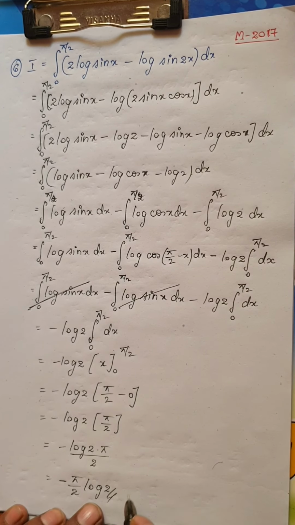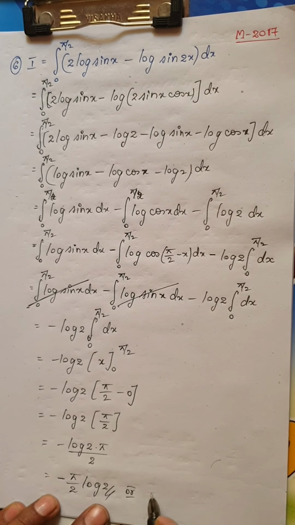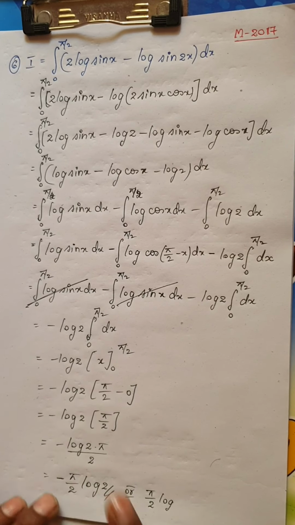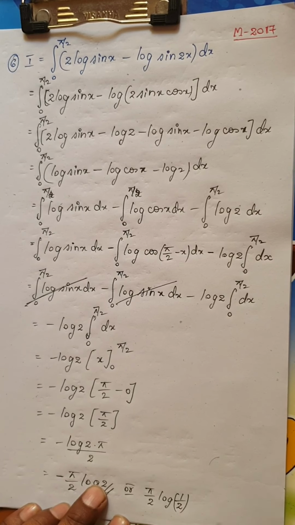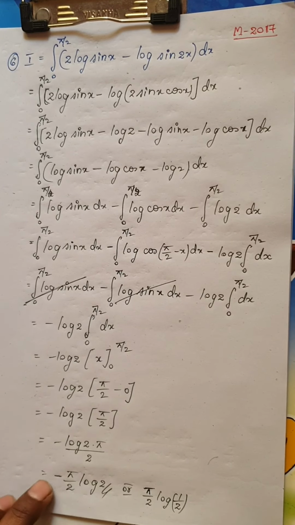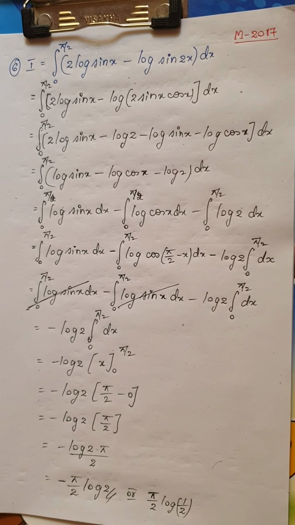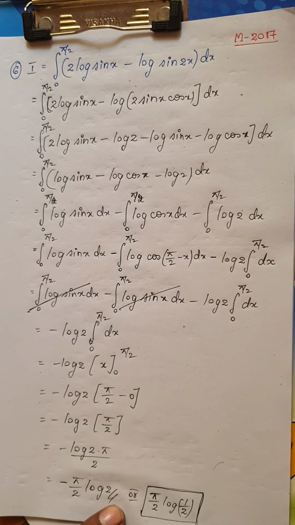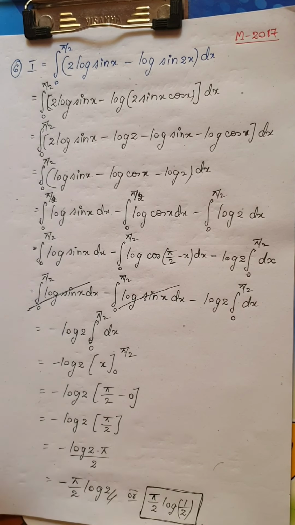One more note, dear students. The same answer in your CET they may give you another option like pi by 2 into log of, remember this minus can be written as 2 power minus 1. So 2 power minus 1 is nothing but 1 by 2. So the same answer either can be written as minus pi by 2 log 2, or it is pi by 2 log half. Standard results these are. If you can solve it 1 or 2 times, you can easily do it in the examination. So this is the solution for the given integral.